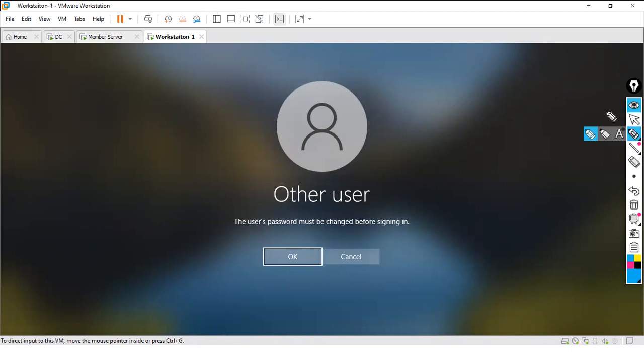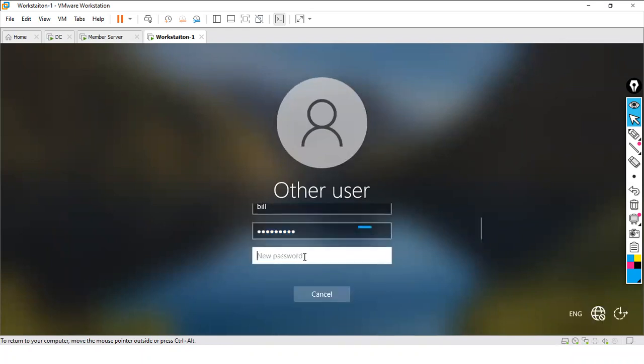Now guys, we are getting this option: user's password must be changed before signing in. Okay, we have selected that option. User should change the password at the next logon. Okay, so we'll click OK, and